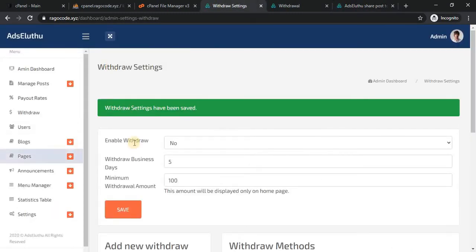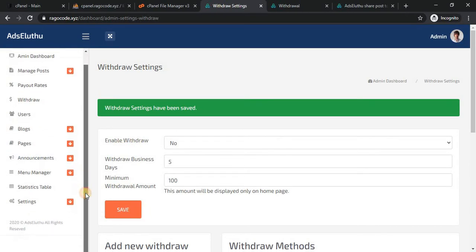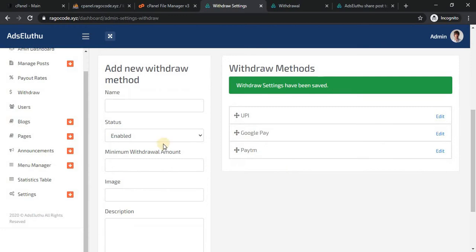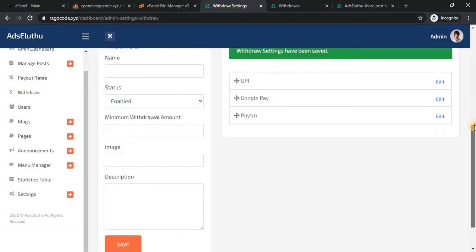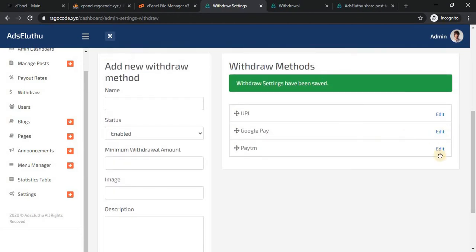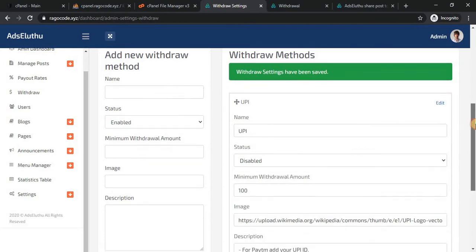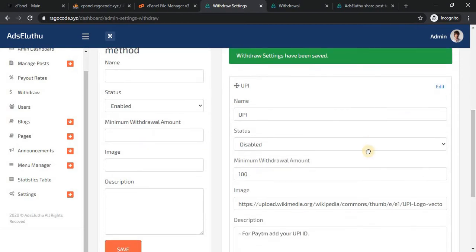And the other option is to add withdrawal methods and edit them. I already created 3 withdrawal methods. Just enter the name.